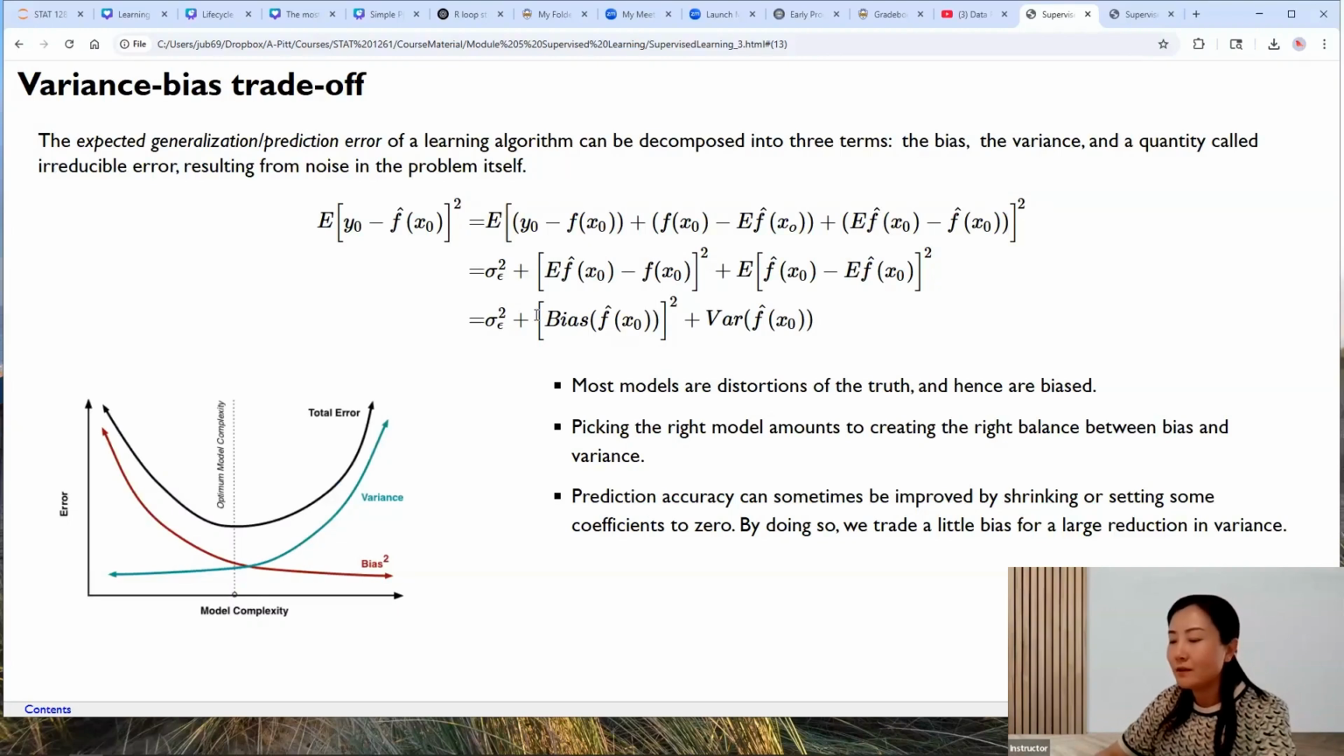So before we talk about how to tune it using some more strategies, let's take a look at this important concept in data science and machine learning. Variance bias trade-off. So the goal of tuning a machine learning model is to minimize the generalization error or the prediction error. The overall prediction error can be decomposed into three terms. So this is the overall prediction error. Y0 is the true value of Y, and